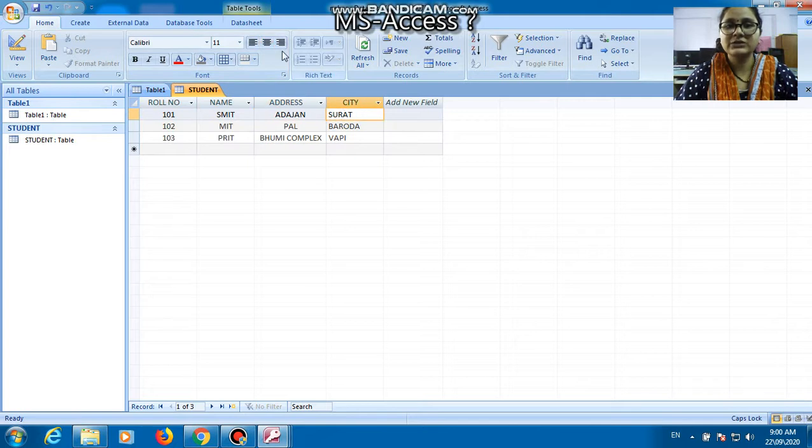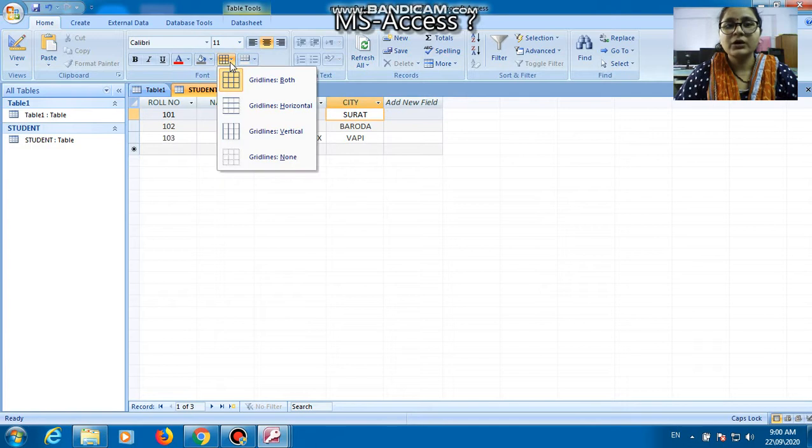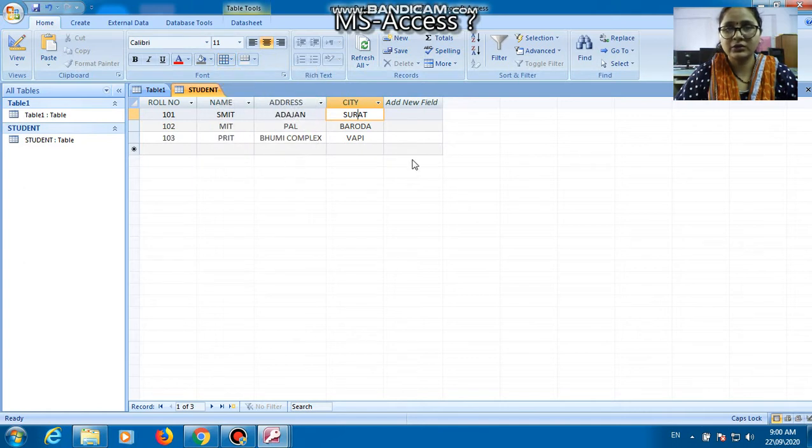If you want to add colors to your table, or check the spelling, the spelling option is available here. There are four options for how to represent your table: in a horizontal way, in a vertical way, in both horizontal and vertical way, and none of these, that means the original way.